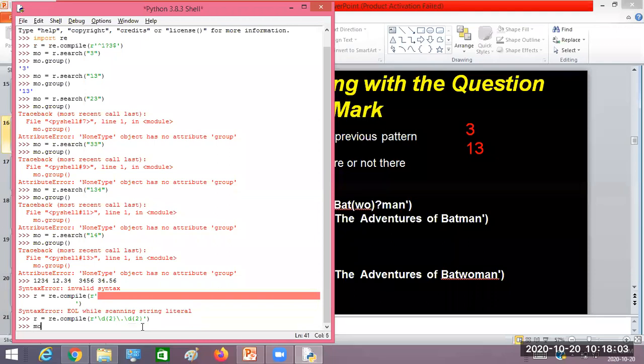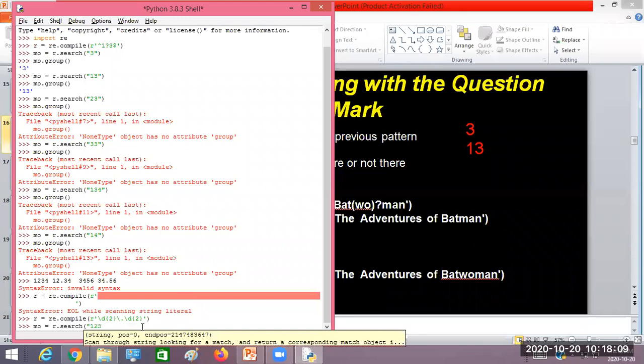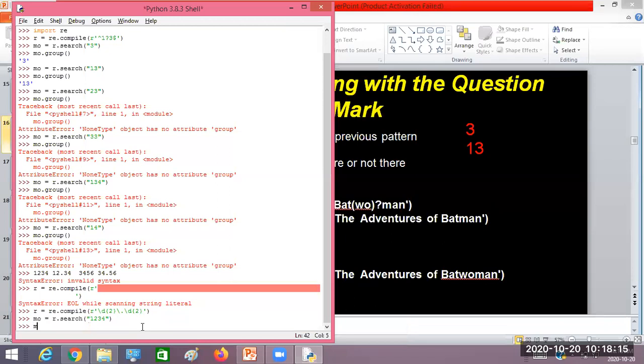Now go for matching the text here. R dot search. Now I'll write 1, 2, 3, 4. Will it match now? Look at here.